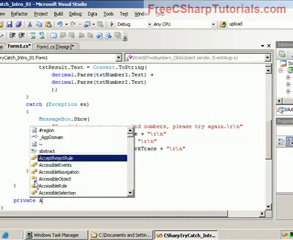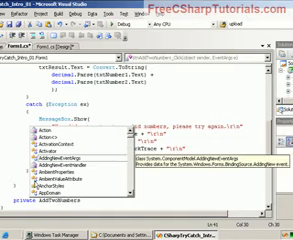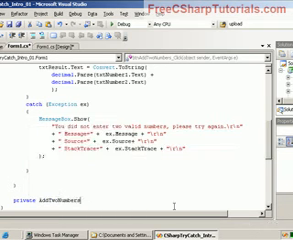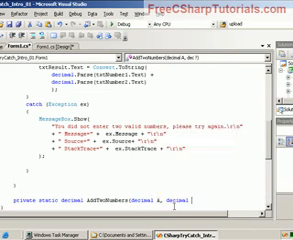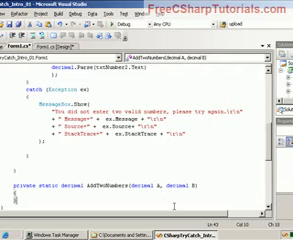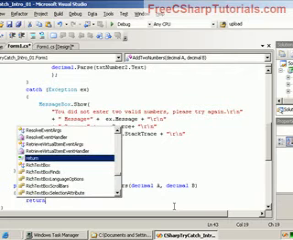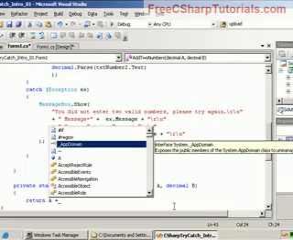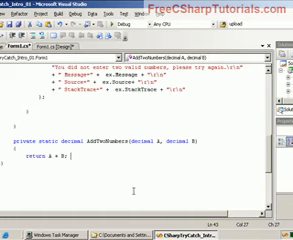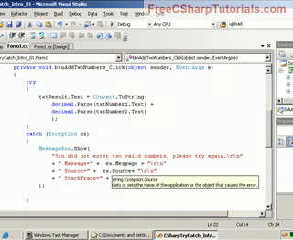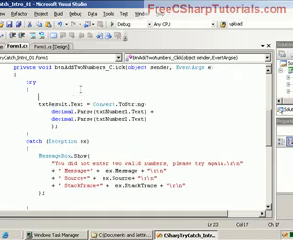I made a method called add two numbers. So let's make that private, static, decimal, decimal A, decimal B. We'll say return A plus B. So now we have to call my little routine. So here I'm going to say